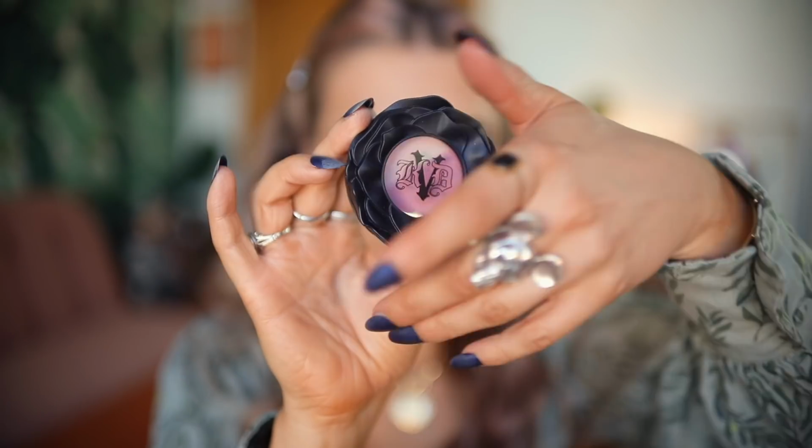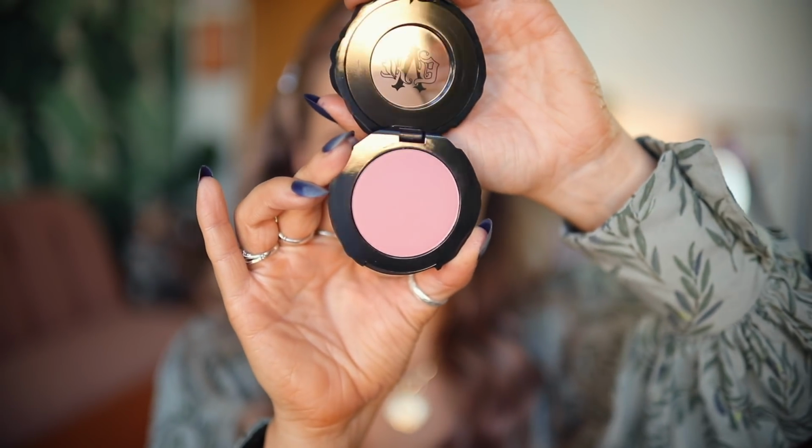Now, my next tip for Zoom makeup is to wear blush. You need some color on your cheeks because it washes you out so much and it will just make you look a little bit healthier. So I'm gonna use the KVD Vegan blush in the shade Peony. These are the Everlasting blushes. They are gorgeous. You've seen me use a couple of these shades already. I absolutely love these. And I'm just taking that same big brush